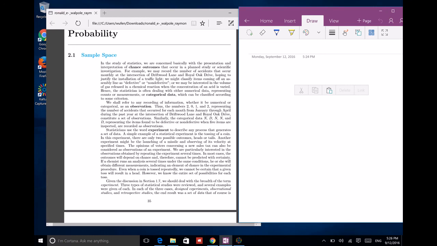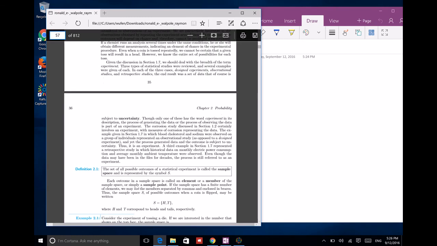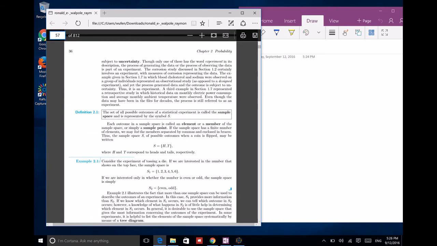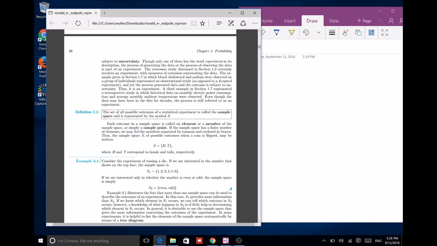Okay. So first, the section is the sample space. Before I introduce the sample space, we would like to look at the definition. Okay, so the sample space is the set of all outcomes of a statistical experiment. Sample space basically means all the possible